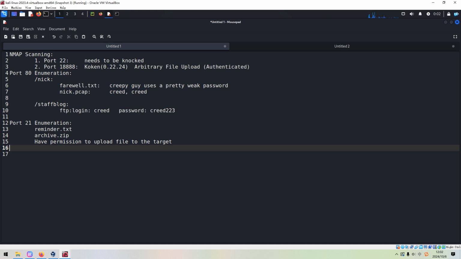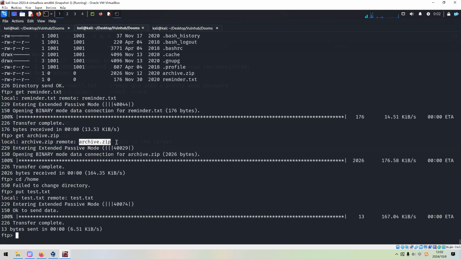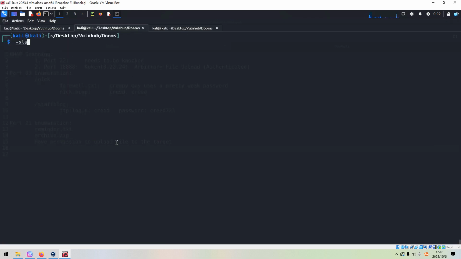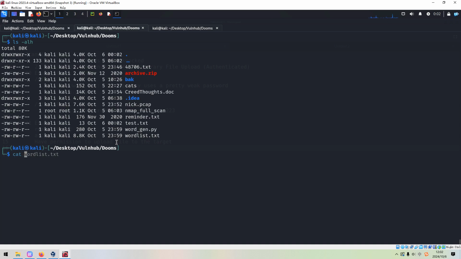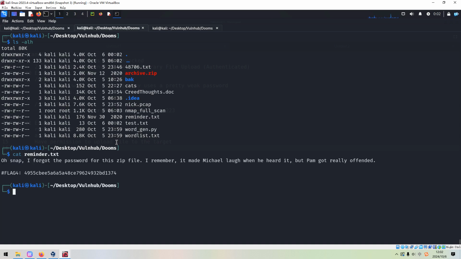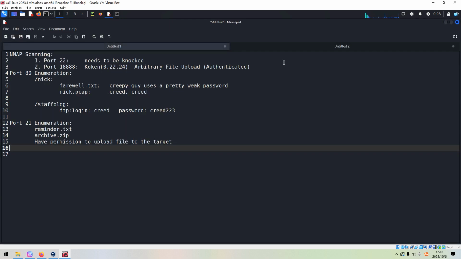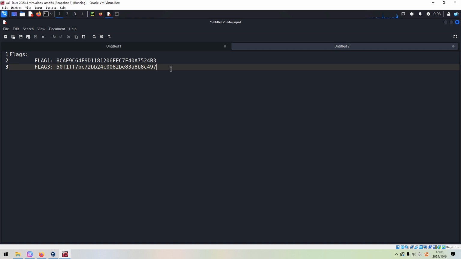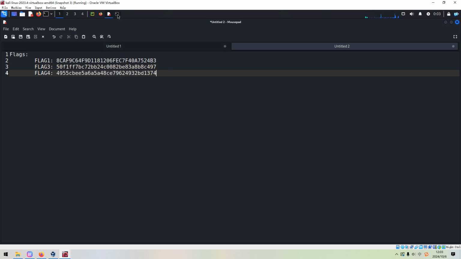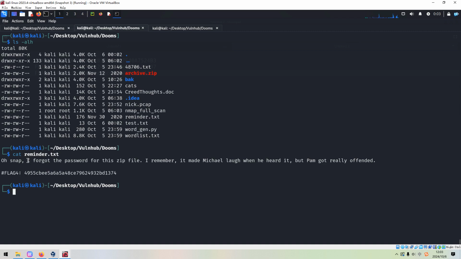Okay, so next let's check the permission. Oh, sorry, not permission, the content of the file reminder. So I think immediately we can discover the fourth flag, and we can put it over here. Next, I forgot the password for this zip file.